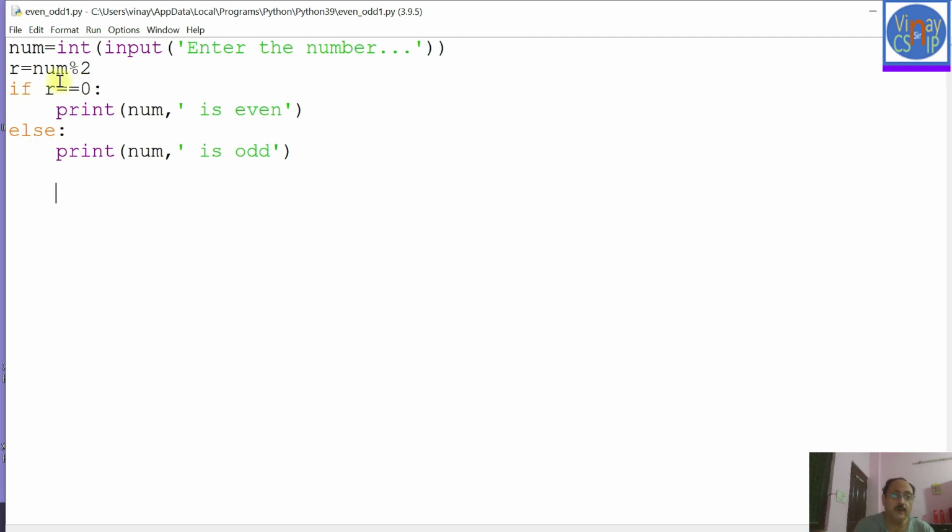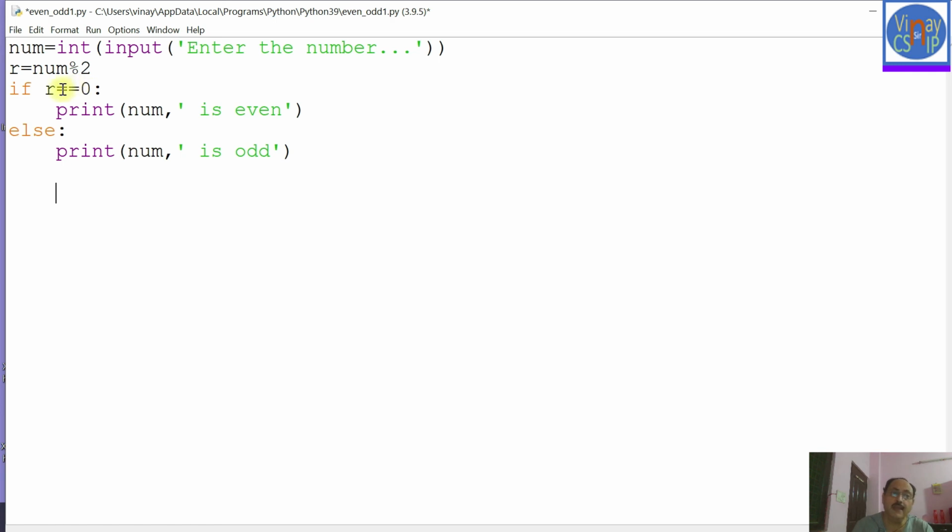I am explaining this thing over here. See, I just want to test whether R is equal to 0. So I am not assigning 0 to R. Otherwise I could have given here R is equal to 0, which is totally wrong here. Rather I am testing whether the value of R is equal to 0. So I am using 2 equal signs, and 2 equal signs mean the equality operator, and its purpose is totally different. It compares what lies at the left hand side and what lies at the right hand side for equality.